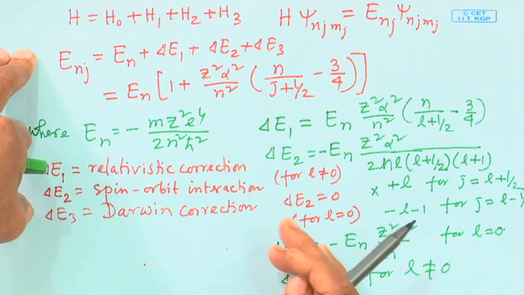So, one term is active for L equal to 0 and vanishes otherwise, and the other is active when L is not equal to 0, and the next one, the Darwin term, will vanish for L not equal to 0. Okay. So, this is the solution for the Dirac equation,